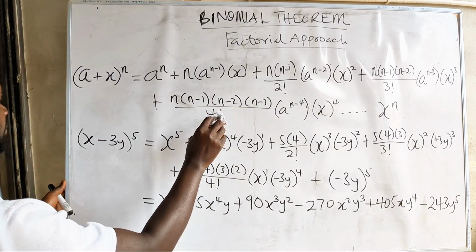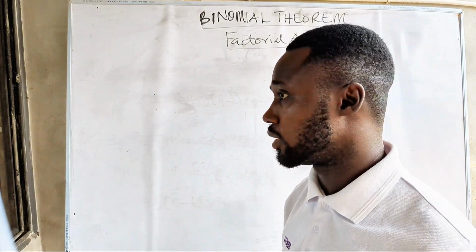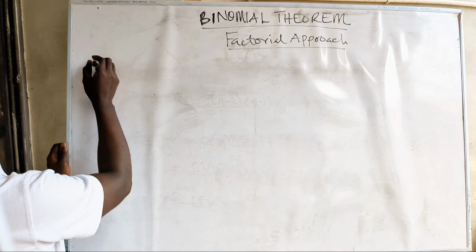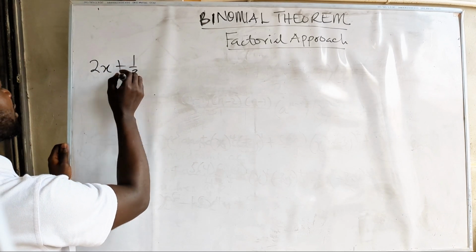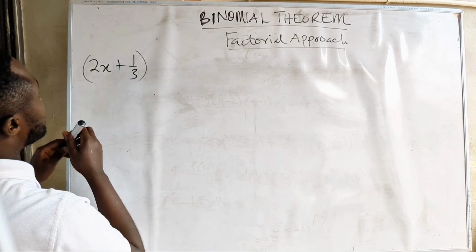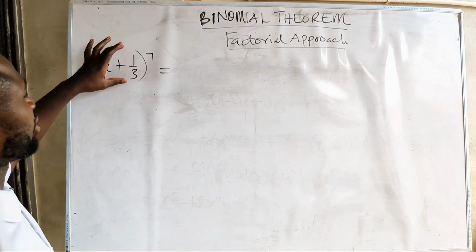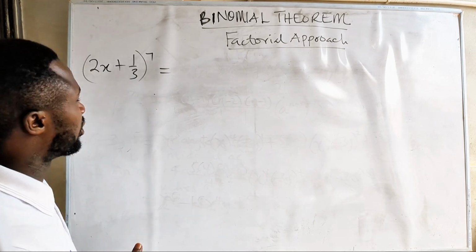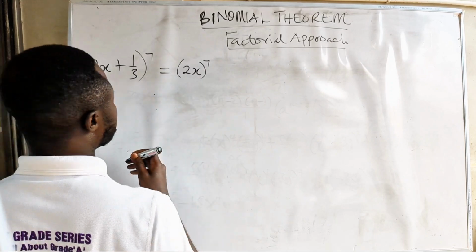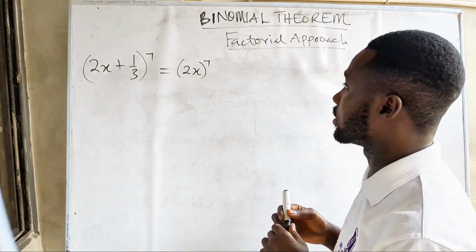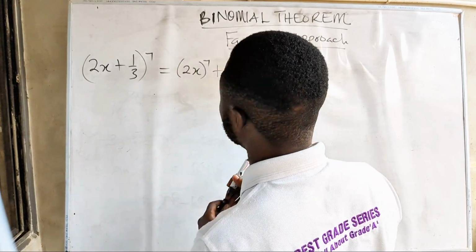Okay, so this time around let's solve a question which involves fractions. Let's solve, let's say, (2s plus 1 over 3) all exponent 7. Okay, so our first term is going to be what? 2s exponent 7. So this will be our first term, 2s exponent 7, plus, then we take the 7,